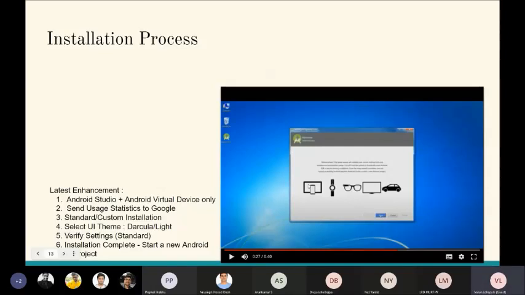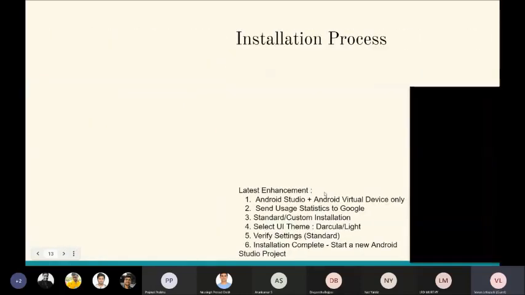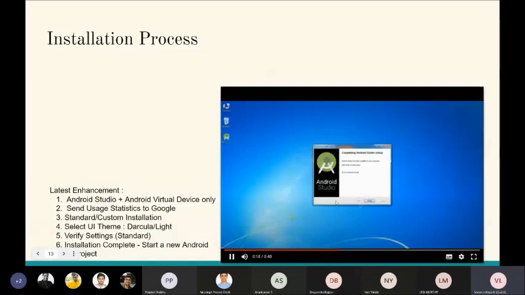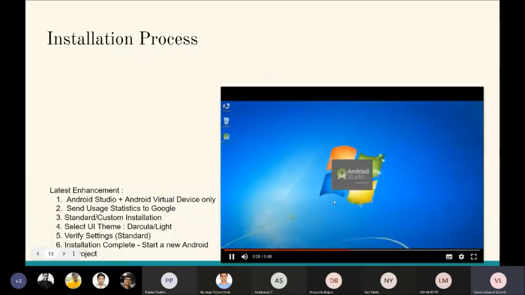Okay, thank you. So the installation process is very simple. Double click on it and just keep hitting next. After you have handled the import settings, you just have to select the standard settings. It asks you to select standard settings or custom settings. I prefer you click on the standard settings itself.